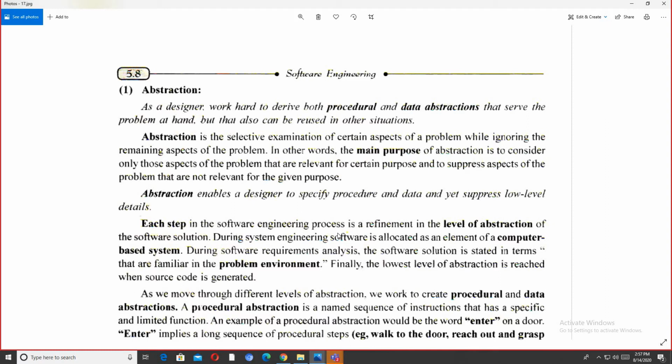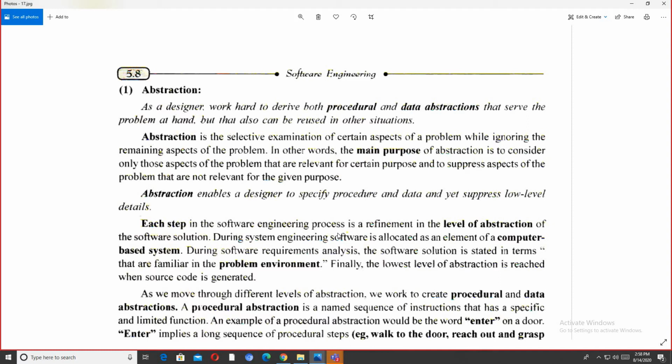So when you have a main purpose and you want to extract that information from the information lot, then you have to find abstraction. For example, if there is a bowl of marbles, and there are n number of marbles which are of white color and n number of marbles which are of blue color, if you are focusing only on the blue and you are ignoring the white ones, then we can say that the main purpose of our abstraction was to identify and count only the blue marbles. So this is how abstraction is.